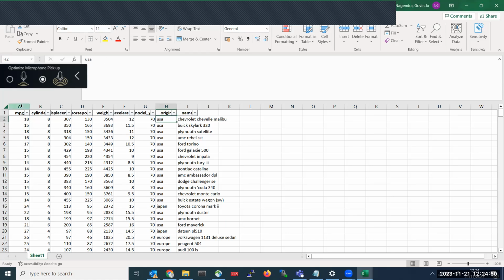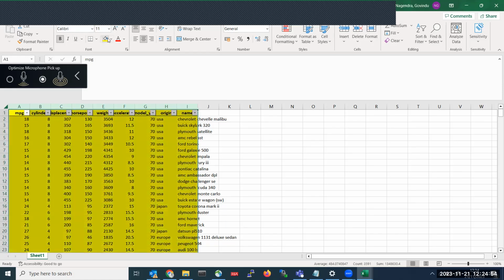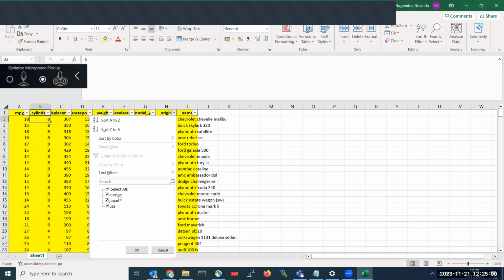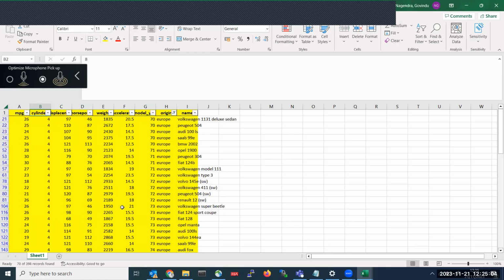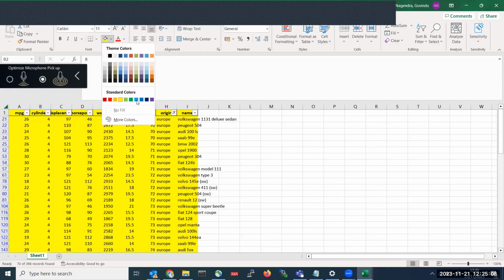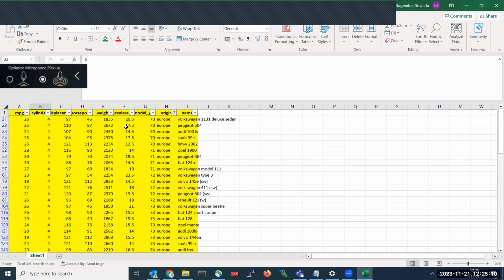So this is my entire data. By using this data set, I need to divide the USA related data into one group. Let us suppose Europe into one group. This Europe, let me take it as green color.